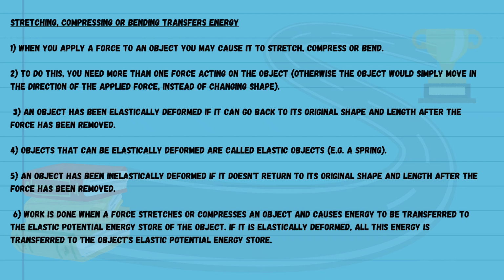An object has been elastically deformed if it can go back to its original shape and length after the force has been removed. Objects that can be elastically deformed are called elastic objects, for example, a spring. An object has been inelastically deformed if it doesn't return to its original shape and length after the force has